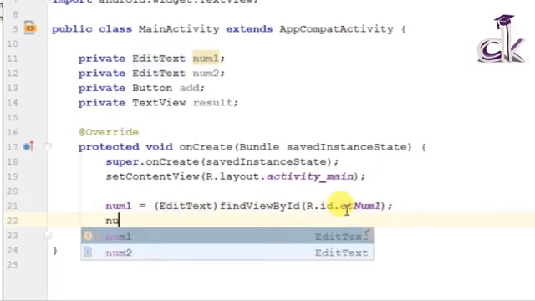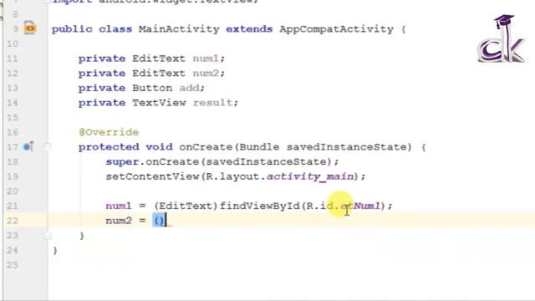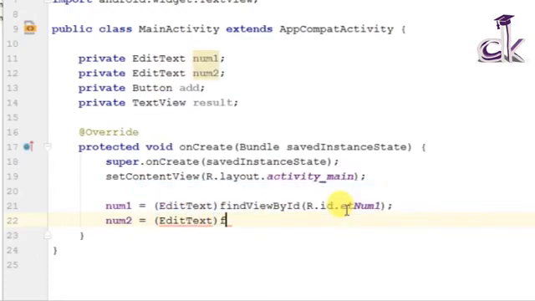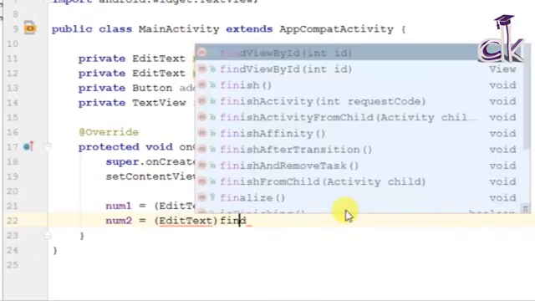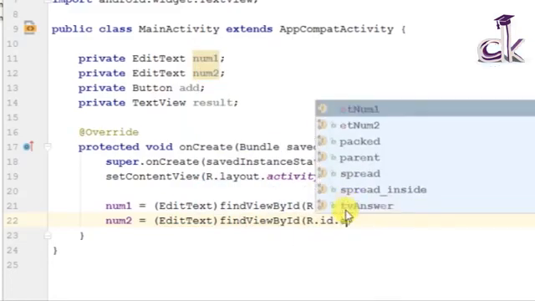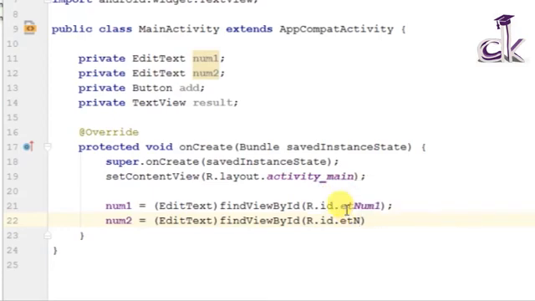Now similarly, we need to reference our second variable as well. So typecast it with the widget that we have specified earlier, and do a findViewById, and inside this R.id.et_num2. Alright, so next is add, which is a button.